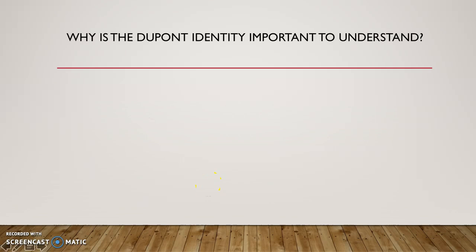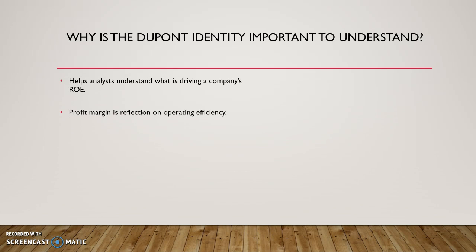The DuPont identity. Why is the DuPont identity important to understand? It's important because it's a method that helps analysts better understand what is driving a company's return on equity, and it breaks down ROE, return on equity, into three basic components to do so. It breaks it down as profit margin, which is a reflection on operating efficiency, asset turnover, which is a reflection of the efficient use of a company's assets, and leverage, which shows how much a firm relies on lending to